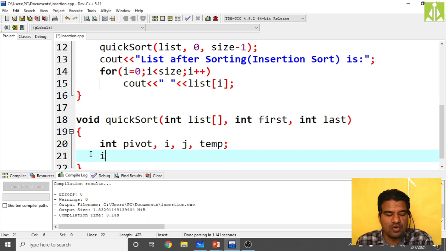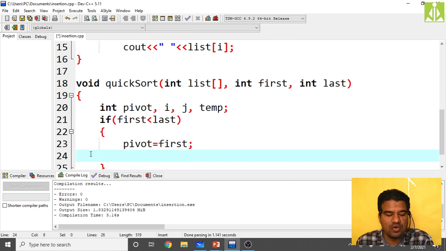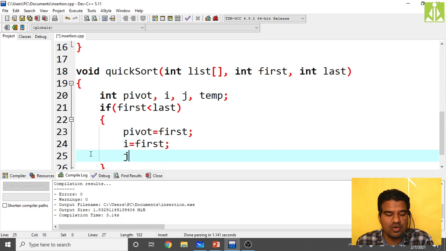Then if my first is lesser than last, till this point only we have to make the corrections, isn't it? Pivot equals first. Initially we are taking the pivot as first, then i also as first, comma, j as last.